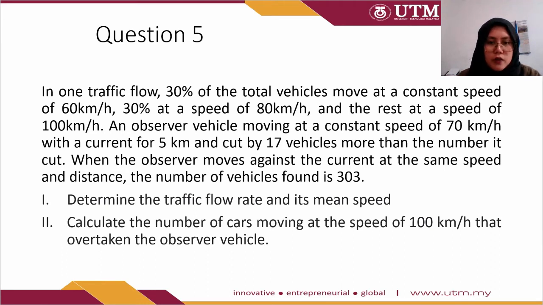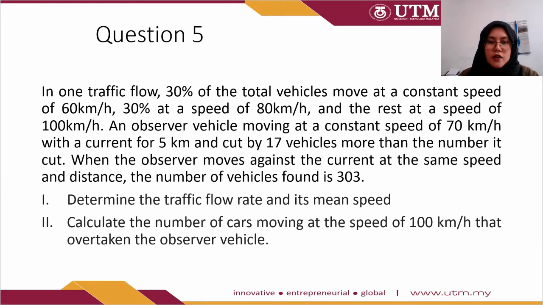In one traffic flow, 30% of the total vehicles move at a constant speed of 60 km per hour, 30% at a speed of 80 km per hour, and the rest at a speed of 100 km per hour. An observer vehicle moving at a constant speed of 70 km per hour, over a distance of 5 km, is overtaken by 17 vehicles more than the number it overtakes. When the observer moves against the current at the same speed and distance, the number of vehicles found is